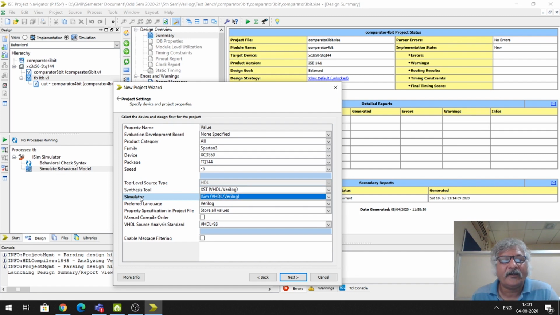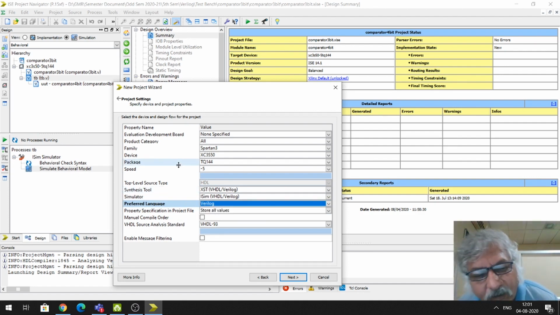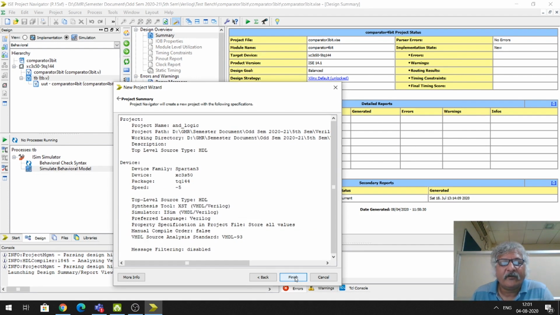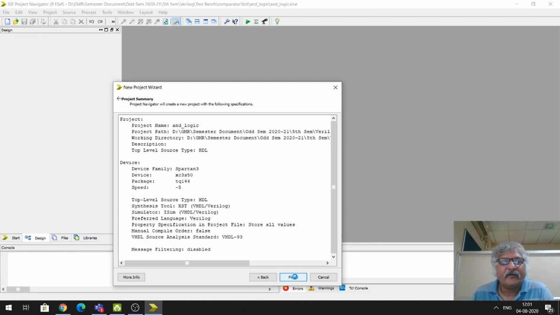The name of the simulator is iSim. It can simulate both Verilog and VHDL codes. And for preferred language I have selected Verilog. If you want to write the code in VHDL, you can select VHDL also. So the same software can be used for writing the code in Verilog or VHDL. Then we go to the next option, then finish.